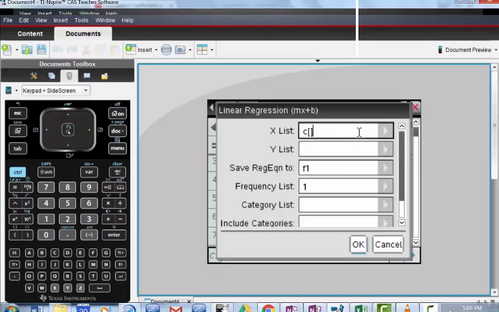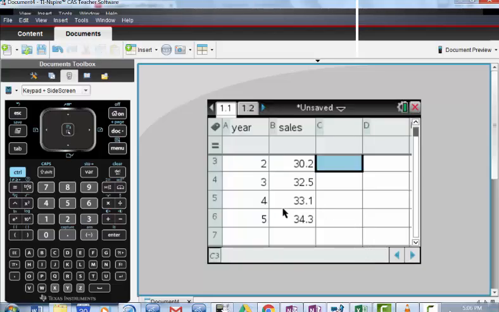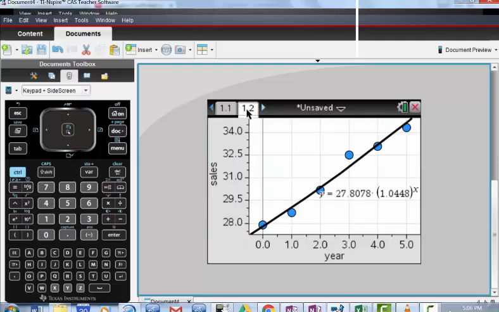You see where your X list is. We're trying to do the correlation coefficient. For X, my independent variable, I'm going to put my year there, and for Y, my dependent variable, put my sales there. Oh, actually, you don't even know how I got here. So really, when we are trying to find out which one is better, or which one is the correlation coefficient,